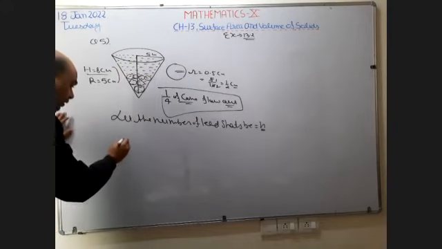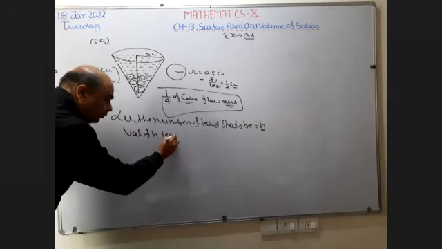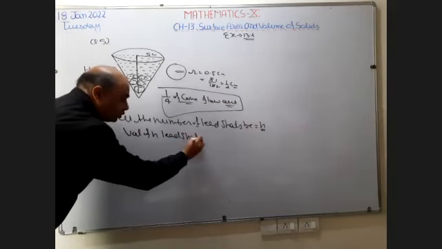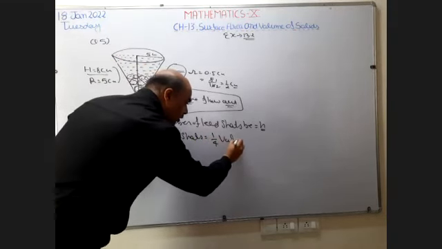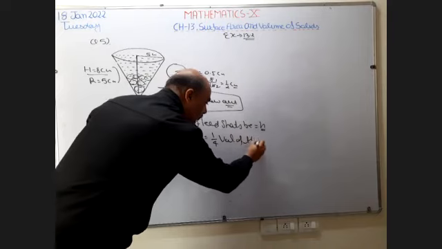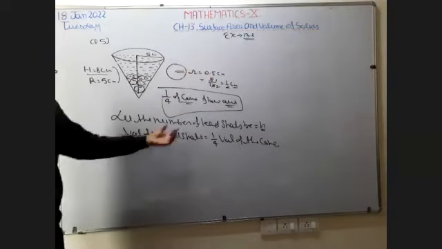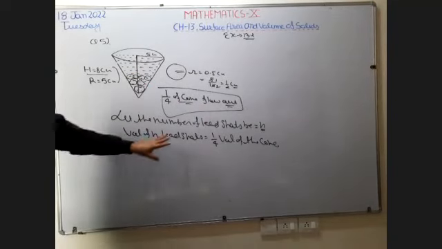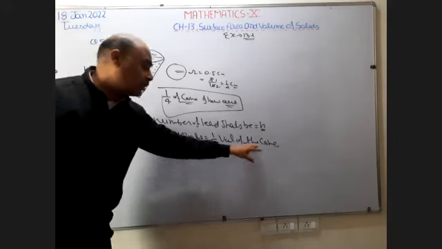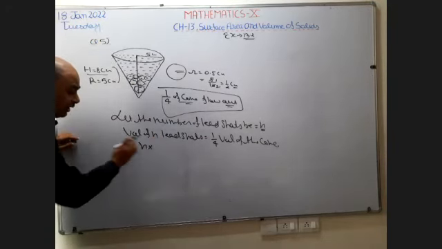So right here, the volume of n lead shots is equal to 1/4 volume of the cone. I hope this step is clear to everyone. Let the number of lead shots be n. It means the volume of n lead shots is equal to 1/4 volume of the cone. Now n numbers are there, so it is going to be multiplied by n.